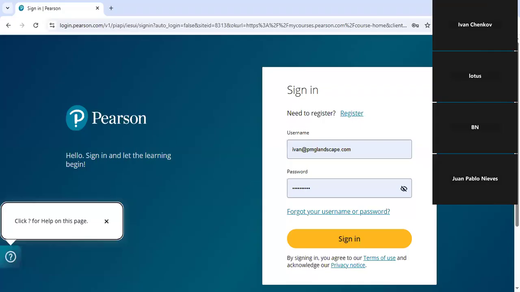Let me try to find the right screen to share with you. And we're going to start first with the Blackboard, and then I'm going to go over one after another. Pearson, we're going to leave it a little bit for later. First, we're going to start again with the Blackboard. Let me find where I have it open. Have it here. Let's give it a moment for the Blackboard to start. Here we go.